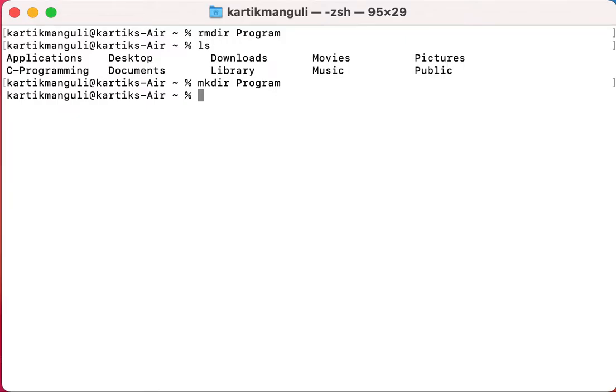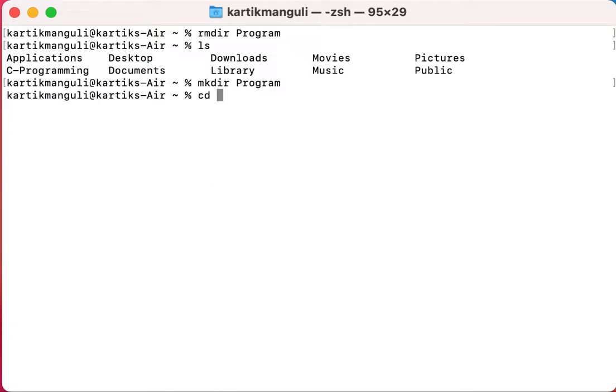Then how to jump into the directory? I want to jump from my current working directory to the directory I created, called program. To change the directory, there is one command called cd. It is not compact disk, it is change directory.